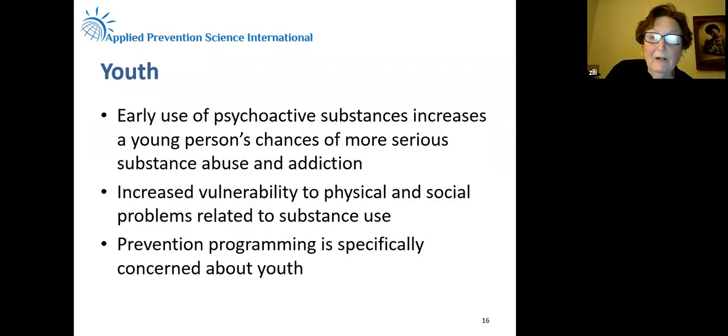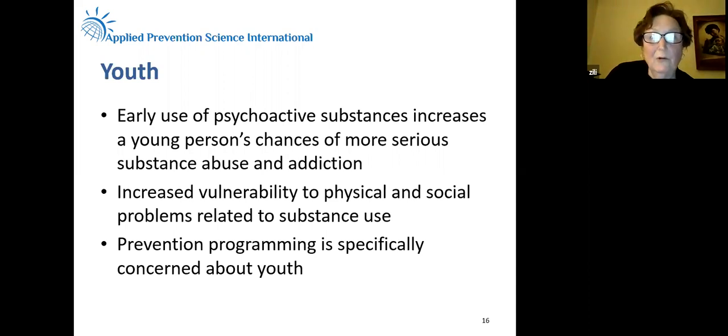And for us in prevention, of course, we're very interested in use because we know that the early use of psychoactive substances increases the person's chances of becoming addicted and increases then their vulnerability to physical and social problems and all. So prevention programming is really, really important for the youth. But that does not mean that we shouldn't be concerned of